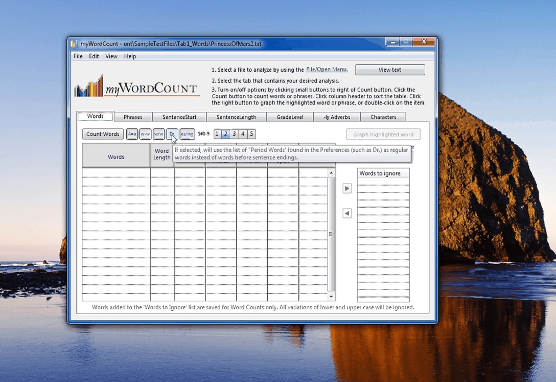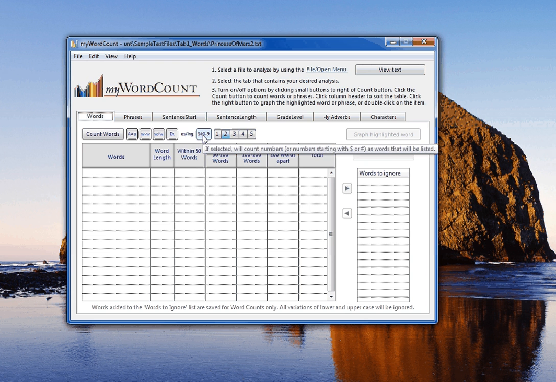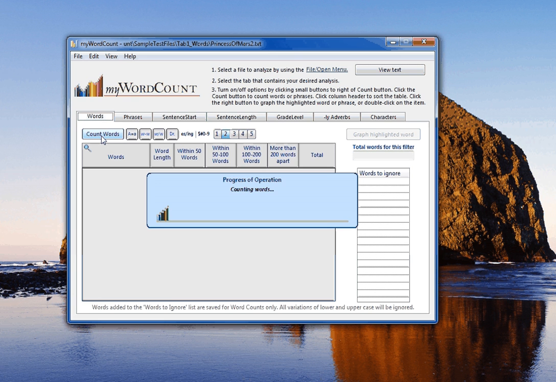We can make sure that common words ending with a period, such as doctor, AM, PM, are counted as separate words and not ends of sentences. We have a stemming option, and we can select if numbers are included in the word count. We can then select the shortest length of the word to count. In this case, we'll select words of 2 characters or more. We click on the Count Words button, and the document is analyzed, and the words are sorted and then presented